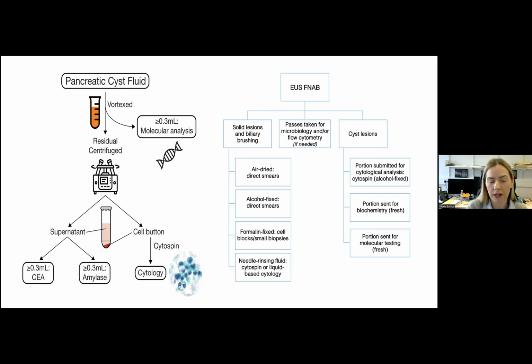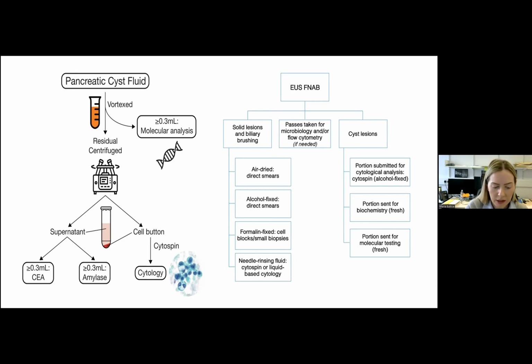So for example, in the case of a neuroendocrine tumor, we'd require a cell block to confirm it by immunohistochemistry. Then with biliary brushings, there are mainly two modalities of how we can prepare the brushings. The first one is by performing direct spreads. And what this allows is you to assess the pattern of the material on the direct spreads, okay? But the disadvantage is that we don't have any additional material to perform cell block immunohistochemistry and molecular if that